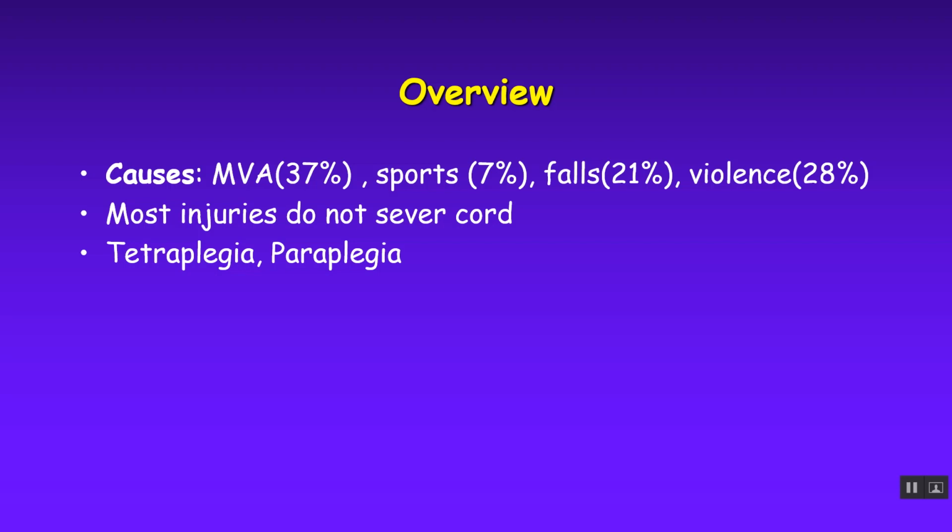Most injuries don't truly sever the cord. The cord is usually still intact. It's just been torqued, twisted, damaged, and pulled on or something that causes bleeding or tearing of axons that limit function, but you don't typically lose all function. A lot of spinal cord injuries are incomplete in nature, and that means there's some role and some ability for them to regain some improvements, and that's where, as physical therapists and really doing this very proactive, intensive therapy,